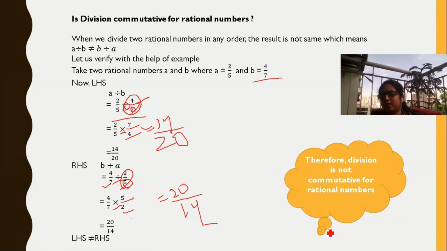Today we discussed whether addition, subtraction, multiplication and division are commutative for rational numbers or not. We got the result that addition and multiplication are commutative for rational numbers, whereas subtraction and division are not commutative for rational numbers. And in the next video we will do other properties, and then we will do